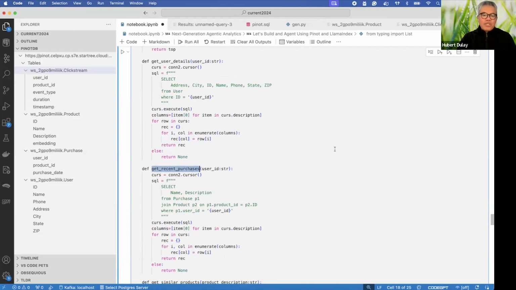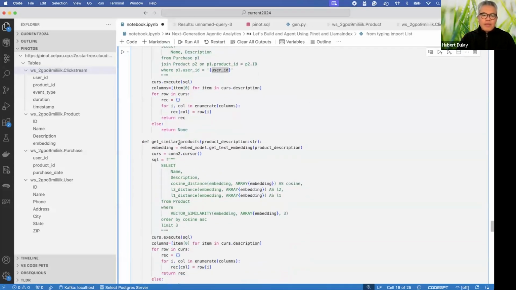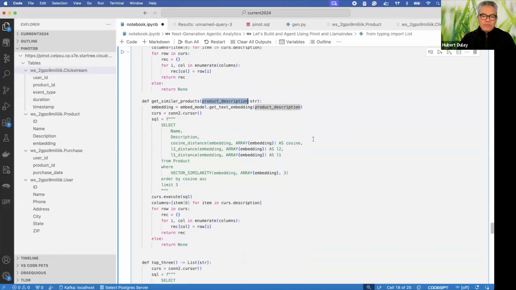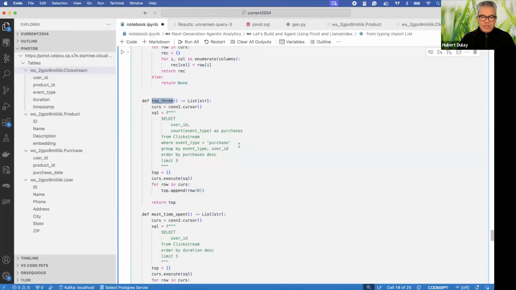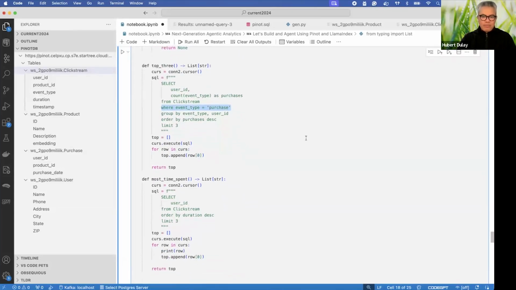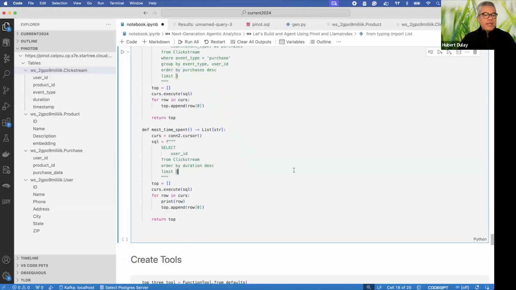This gets the recent purchases for a particular user. This gets similar products based on a product description. This returns the top 3 users in the application, it looks like based on purchases. And then who spent the most time on the application, by duration, limit 3. Okay, so these are just tools to be able to